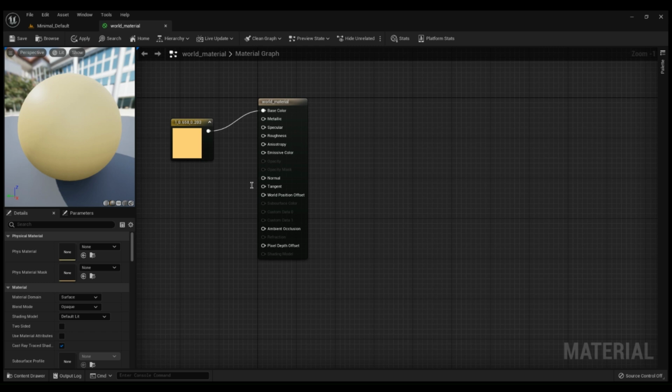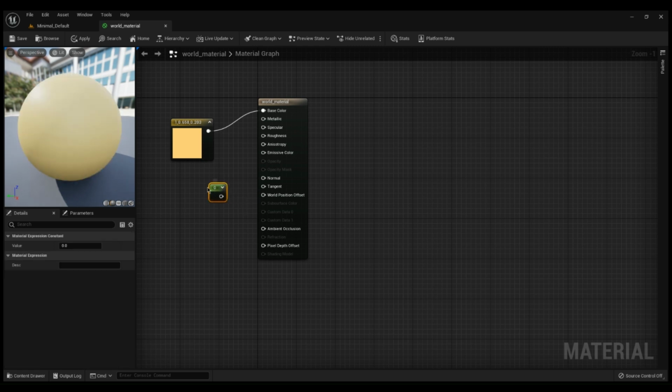Now I'm just going to search it out so I can show you. Constant, click on it, and it appears. Now so far nothing's changed, because for anything to change in the material, we've got to hook it up to the world material right here. I'm using this one for metallic. Now what we can do to change how metallic it looks is right over here. Make sure you've also clicked on this so you're editing that material. So you come down to value